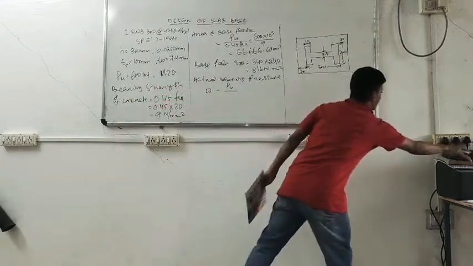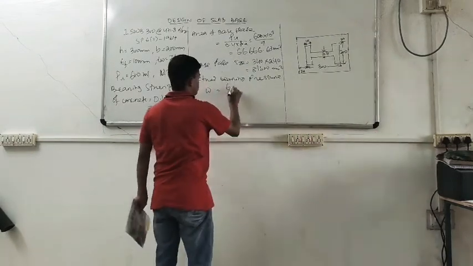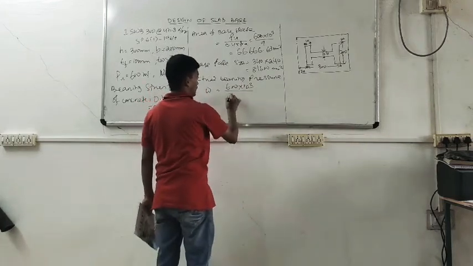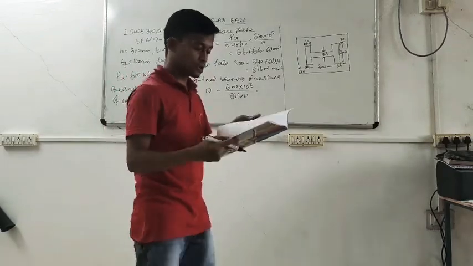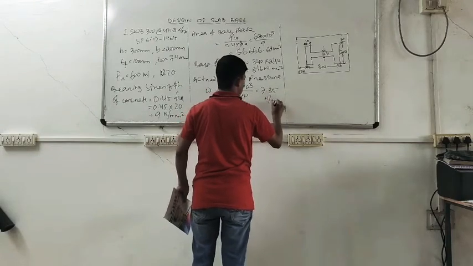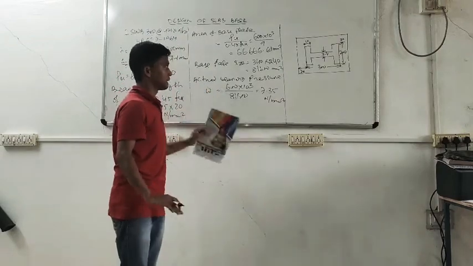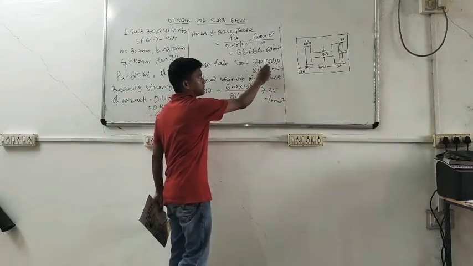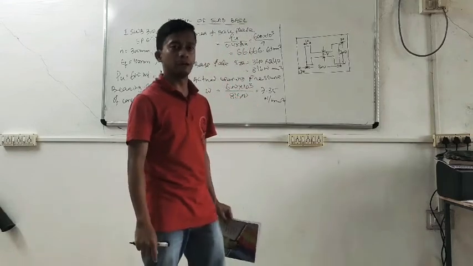Okay, so PU already you know, you can put here 600 into 10 to the power 3, divided by our actual area provided, which is 81,600. Okay, so this w comes to be 7.35 Newton per mm square. Okay, so this is the actual bearing pressure on the concrete. So then you got the dimension of the base plate and you have to take the thickness of the base plate.